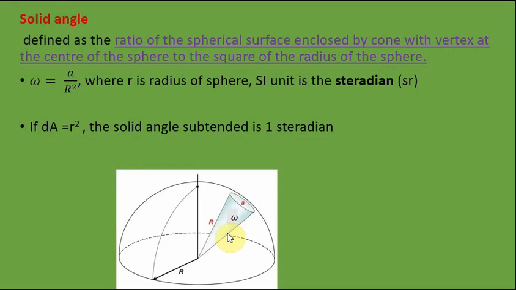Why do we need this solid angle? See, the solid angle concept is a kind of three-dimensional. Suppose I want to say some light radiation is emitting from the center point and striking over the center of this area. In order to say that, I can construct a line from the center point to the center of this area. The inclination of that line can be represented by two angles. One is the angle with respect to this normal, and the second one is the angle with respect to this horizontal axis R.